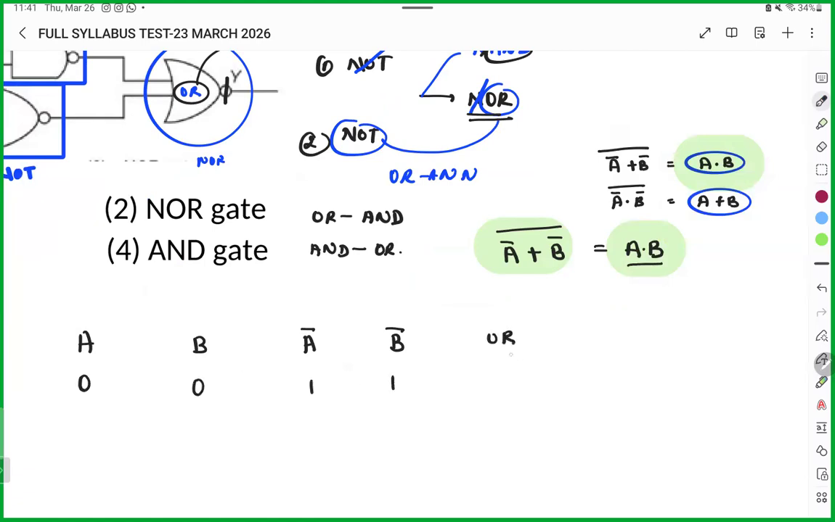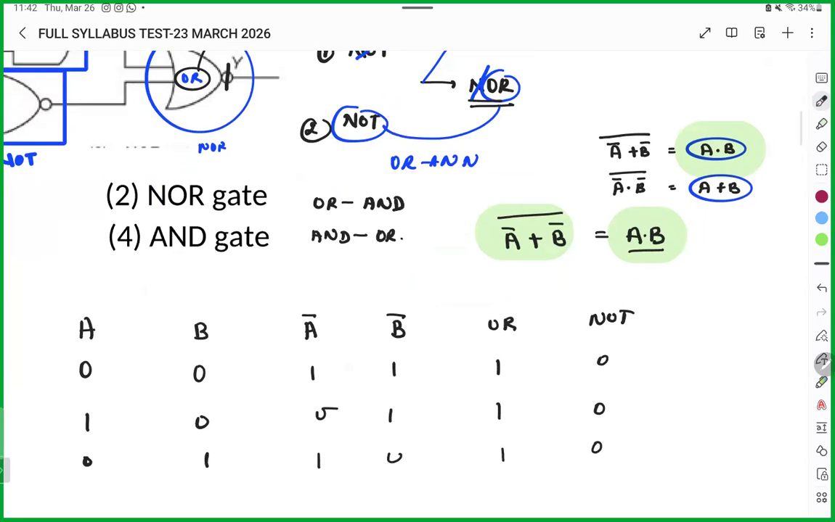In OR gate it will become 1, and in the end you have NOT gate, it will be 0, correct? If you take 1 0, it will become 0 1, it will be 1 0. If you take 0 1, it will become 1 0 1 0, and if both 1 1, it will become 0 0 0 1. ये है ट्रूथ टेबल का मेथड। यू हैव 3 ऑप्शन, जो भी अच्छा लगे वो चूज